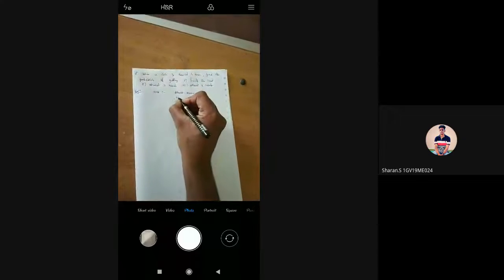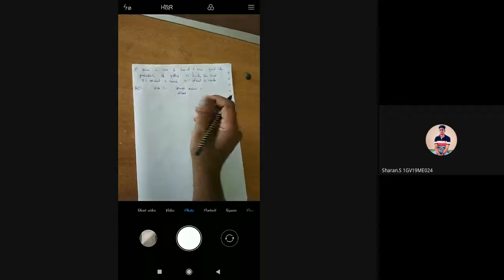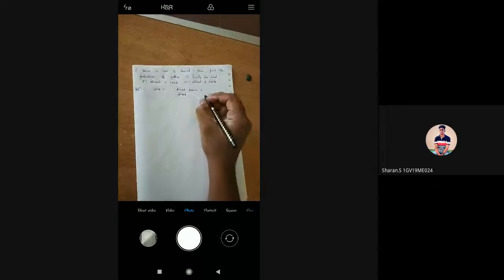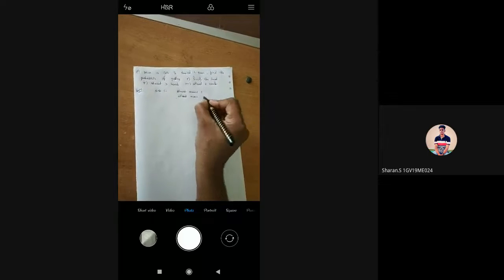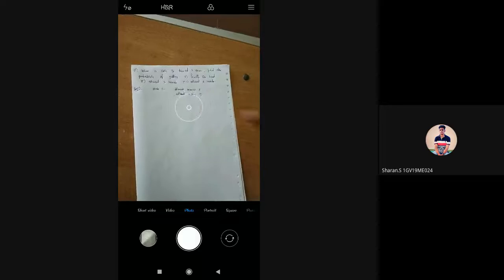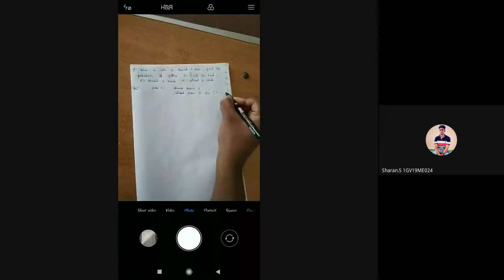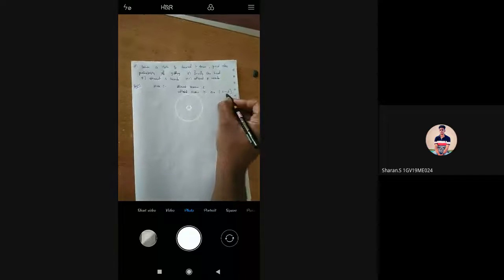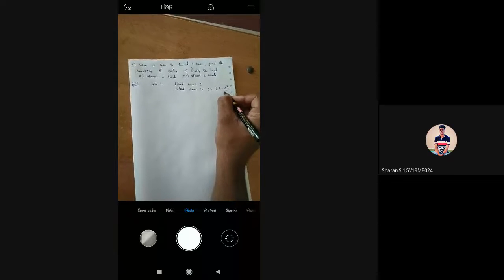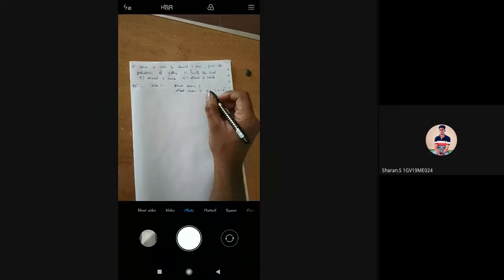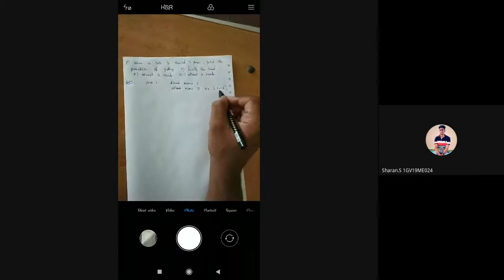Next, quite the opposite. At least 50 rupees means you may carry 500 rupees or 1000 rupees also. That means he has that minimum amount. So at least means greater than or equal to, small to big. This we can also represent as 1 minus the less than symbol. Based on the situation, we're going to apply this.